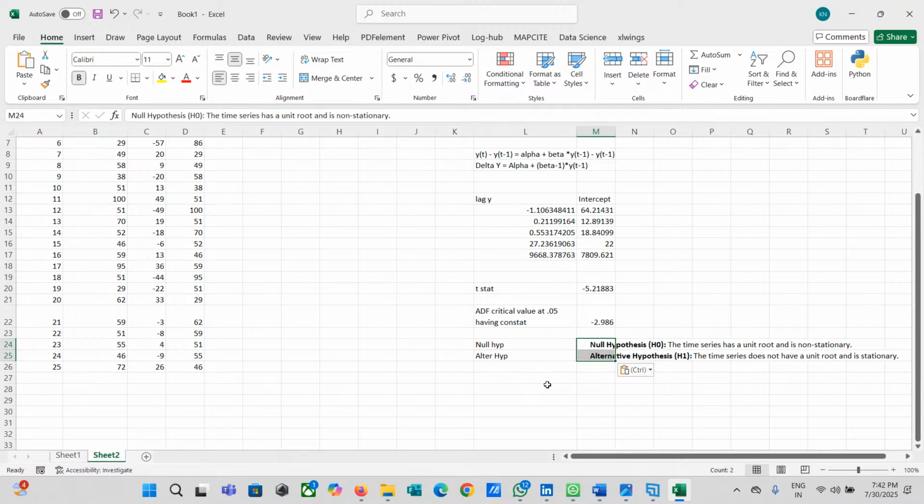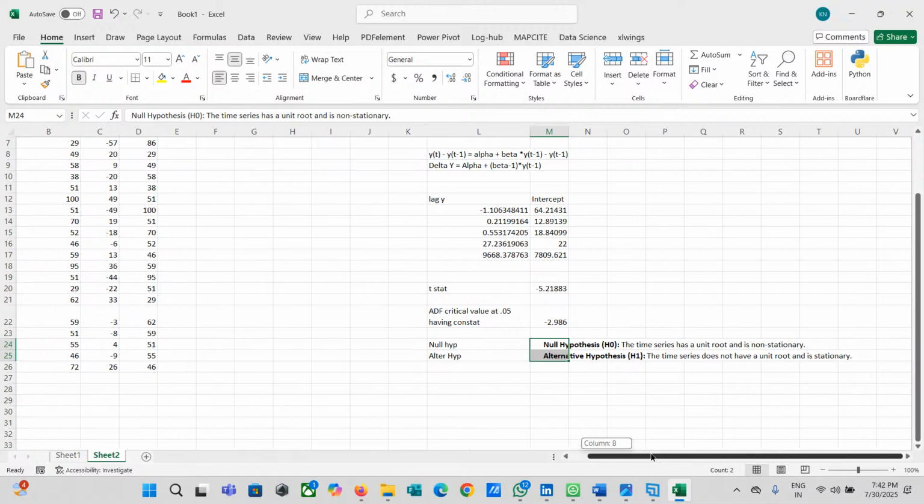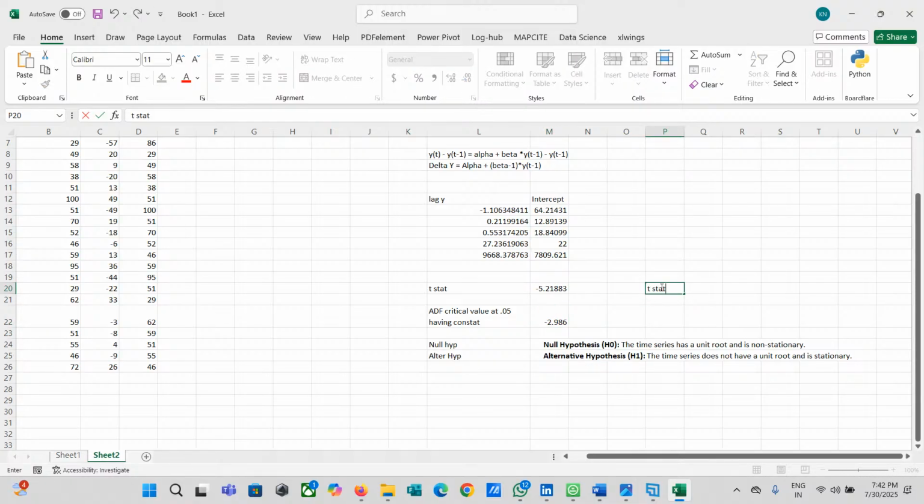So the time series has a unit root and is non-stationary, and the time series does not have a unit root and is stationary. So let's see, if you look at this particular column, if the t stat is less than the critical value, the ADF critical value,